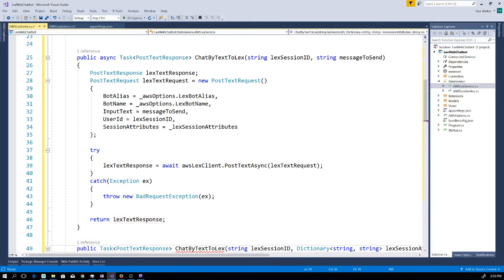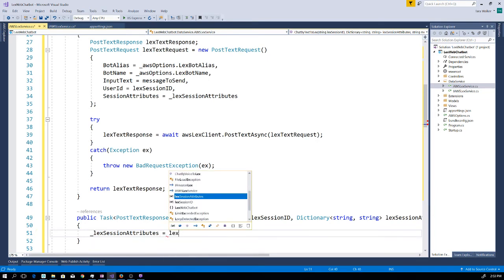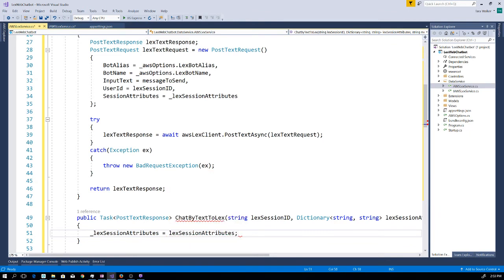And that is it. This function is just going to be kind of like a flow-through function. All I'm going to do with this one is, when the Lex session attributes come in, I could of course have done this totally differently, but this is me thinking off the cuff right now. I'm going to pass in the Lex. So let's say the attributes didn't change and you just wanted to pass it that way. Whatever you want to do, but I'm just going to return